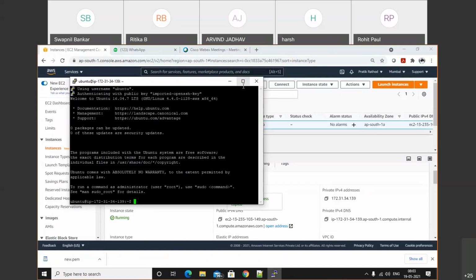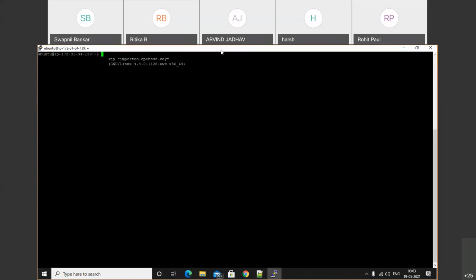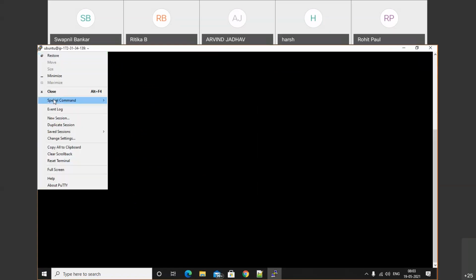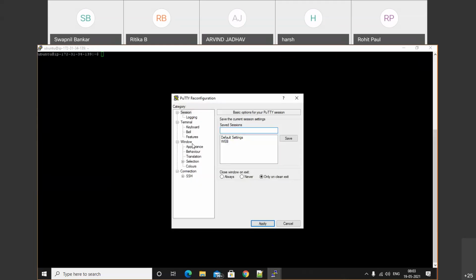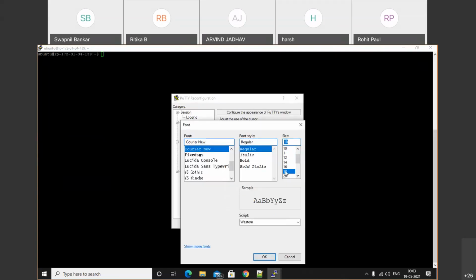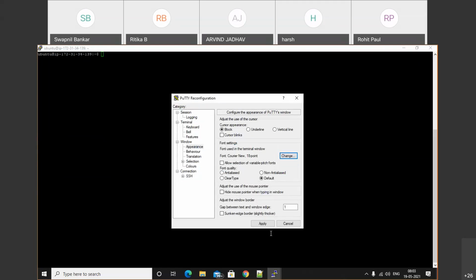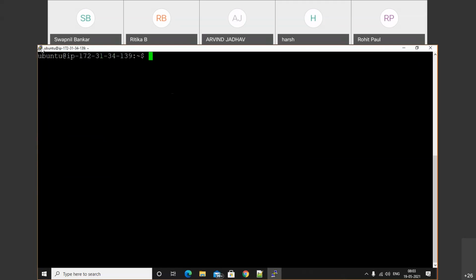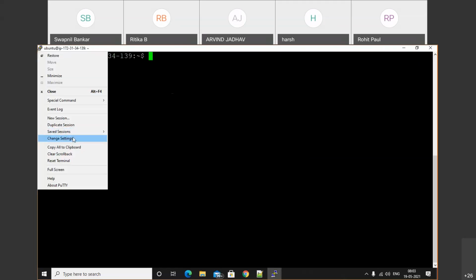First of all, we'll change the UI. Click on this computer section, change settings. Click on appearance. Here, change the font size to 18. Also, we can change the display.